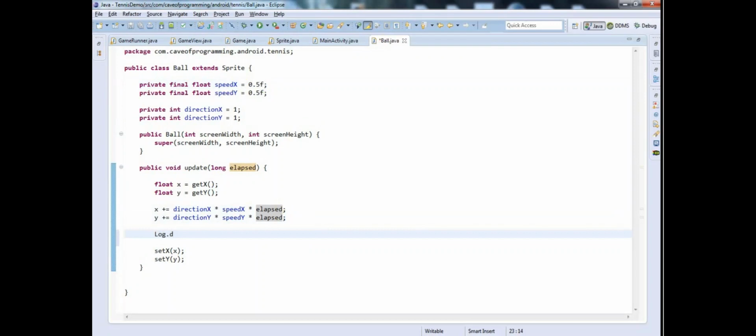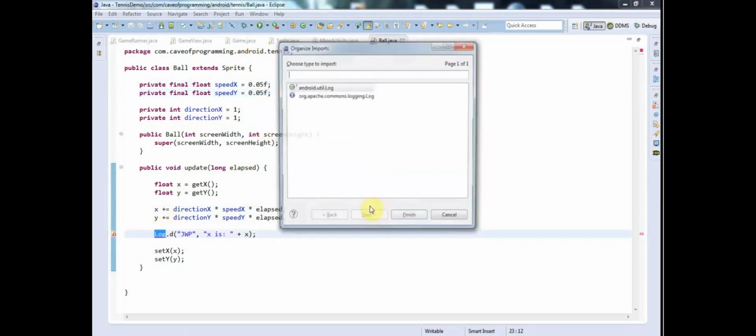Let's just put a log d in here and say x is plus x, and what I'll do to give it a fighting chance is I'll put 0 in here, and I'll run that,